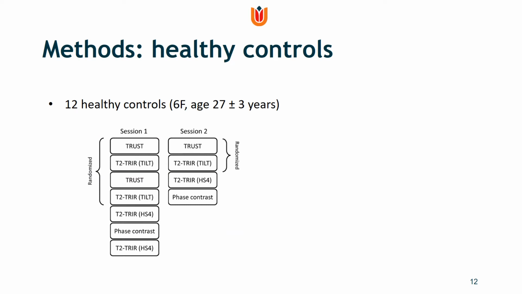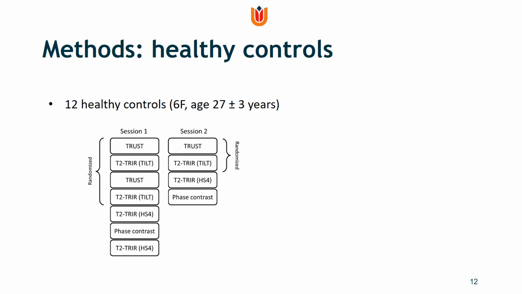The first part of the study was a test-retest study in 12 healthy controls. Six of them were women and their mean age was 27 years. All subjects underwent two sessions. In the first session, the TRUST and TRIR scans with tilt and hyperbolic second inversion pulses were repeated. Then the subject was taken out of the scanner and repositioned, and during the second session